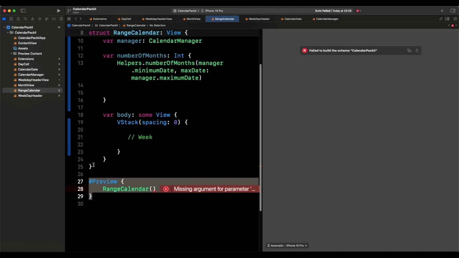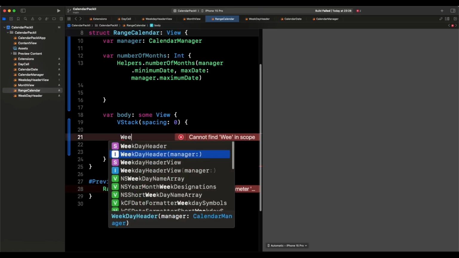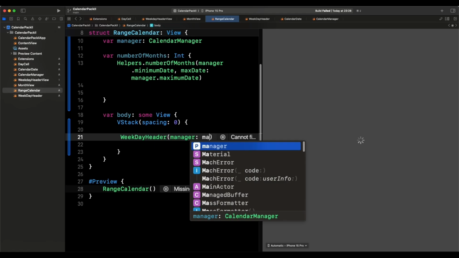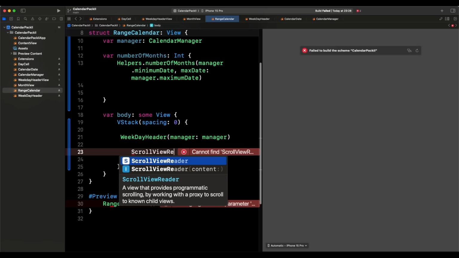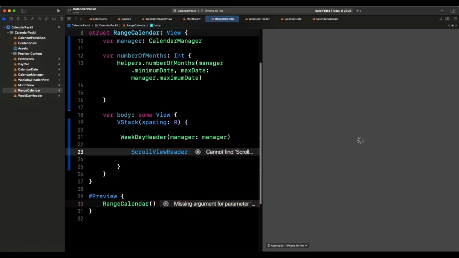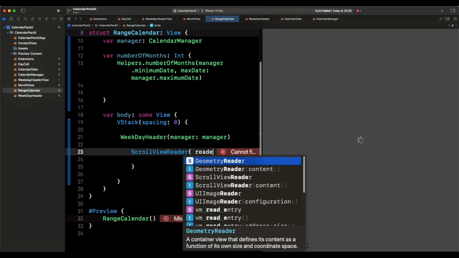Now we can work on our range calendar proper, right? Which is essentially our completed everything, right? So let's come here, and what we want to do is say we're going to have the weekday header, and the manager in question is just going to be the manager that we have up there. And then we're going to have the scroll view reader, like so. And then in the scroll view reader, in the closure, we're going to say reader